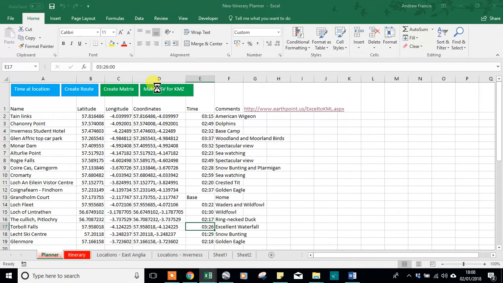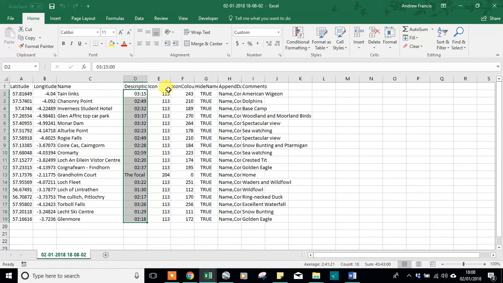So I'll now create a new CSV file. So here we go. So it has various properties in it. The icons, a different icon for the focal location, and these colors represent color space from red through to blue, so 0 to 270, and that's scaled to the location with the largest drive time. So in this case, Glen Affric top car park is the furthest from my focal location in Aberdeen, 3 hours